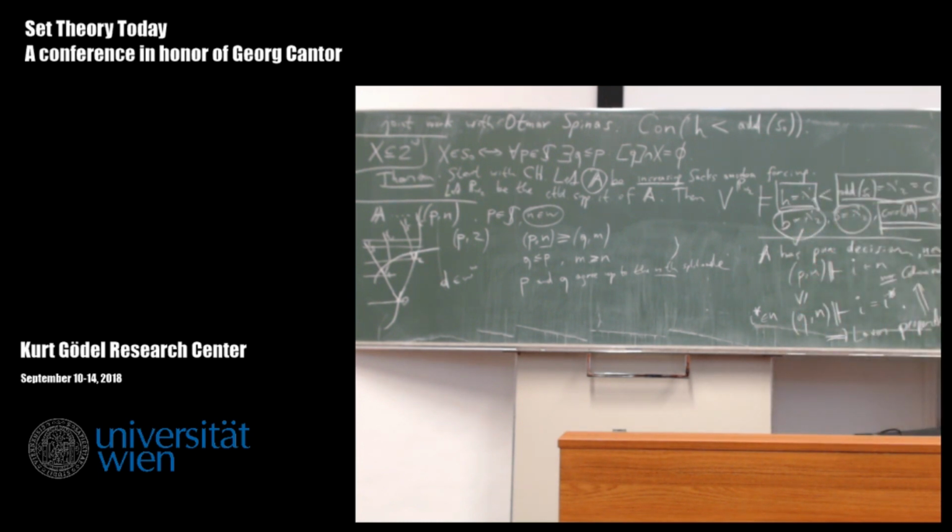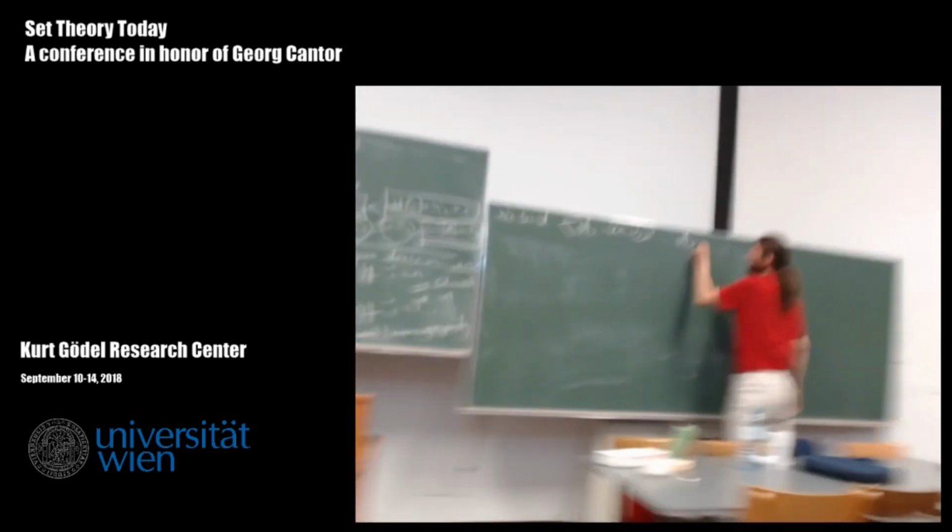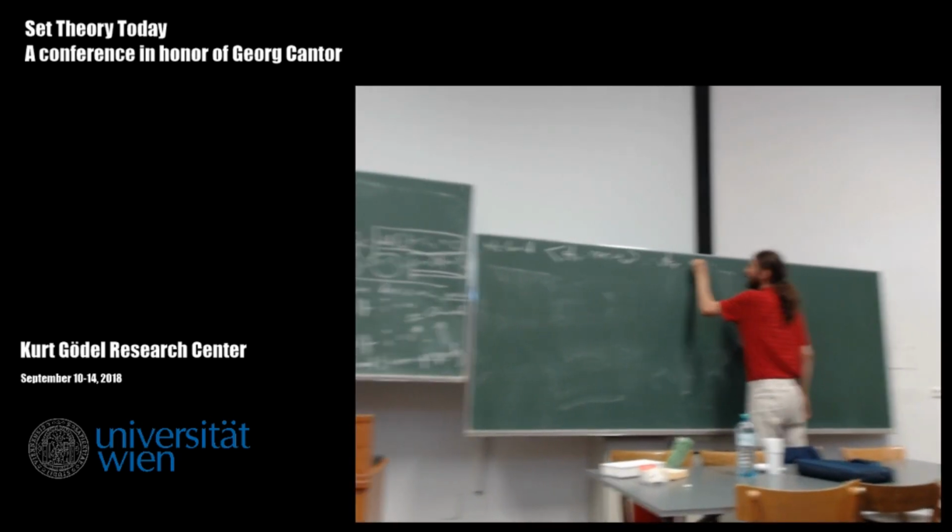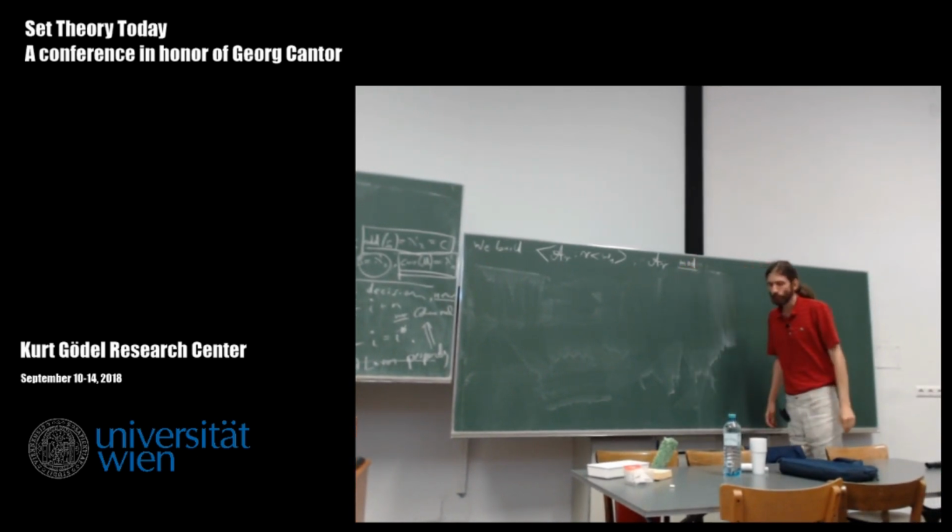As I said, we can define h by the maximal antichains. So what we do is we construct, at the end in the final model, a matrix of sets which witnesses then h equals aleph 1. So what do I mean with this? We build a sequence A nu, nu less than omega 1, of omega 1 many mad families, so maximal antichains in P(omega) mod finite. So these are mad families.